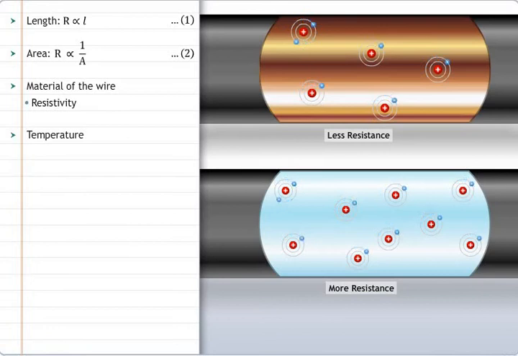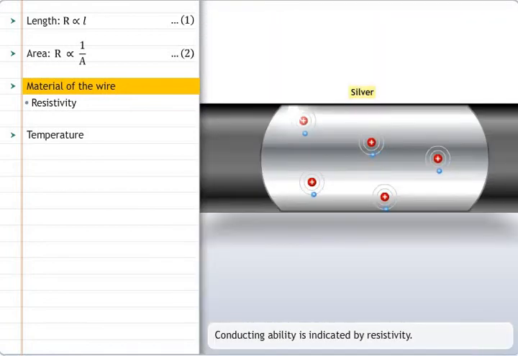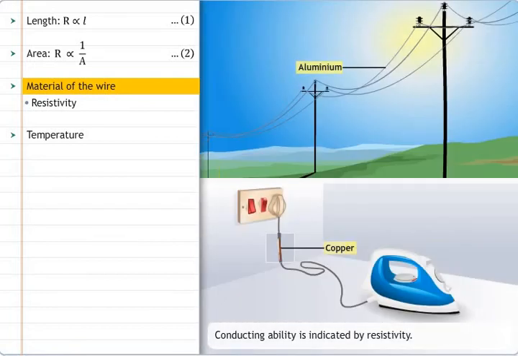The third factor that affects resistance to charge flow is the material that a wire is made of. Some materials are better conductors than others and offer less resistance to the flow of charge. For example, silver is the best conductor. However, silver is never used in wires of household circuits, as it is expensive. Copper and aluminium are among the least expensive materials with suitable conducting ability to permit their use in wires of